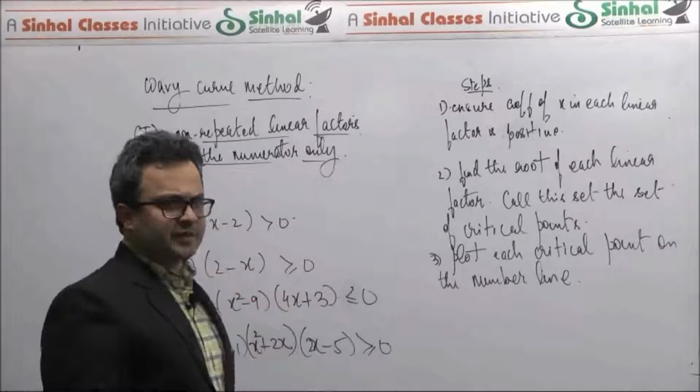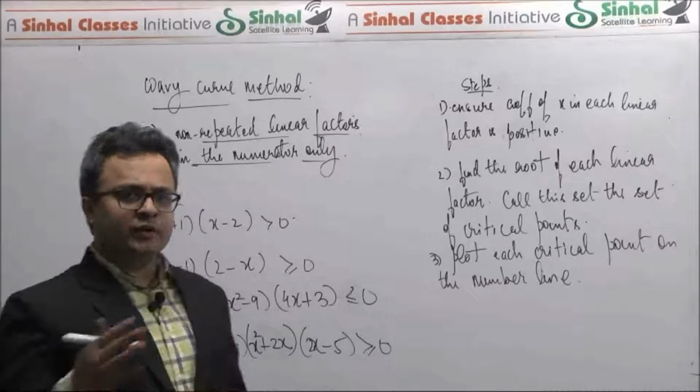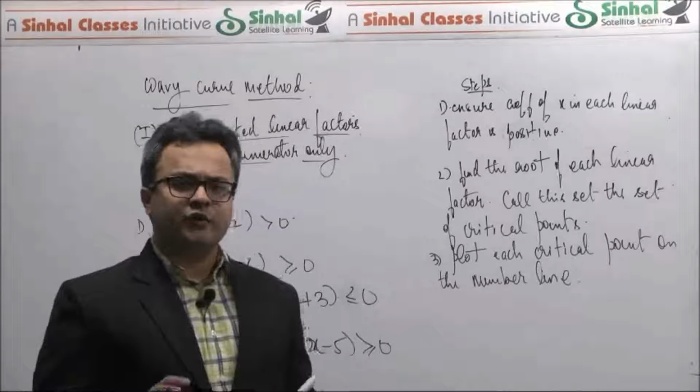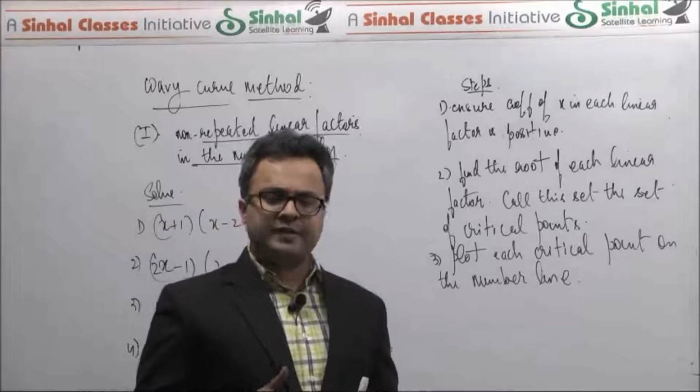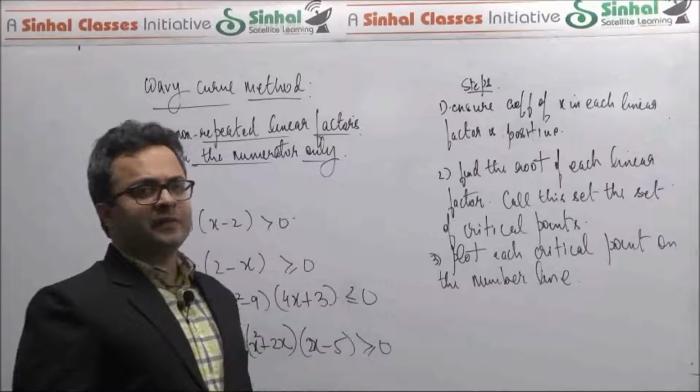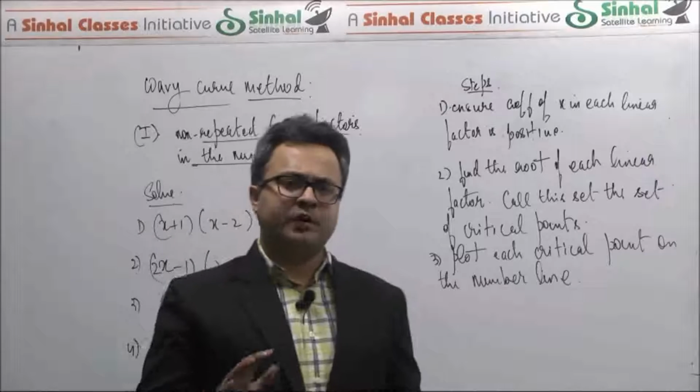Right? So these manipulations are pretty straightforward. But you would want to reduce the inequality to a form in which the coefficient of x in each linear factor that is present happens to be positive. In the next step, we'll be finding what we'll be calling critical